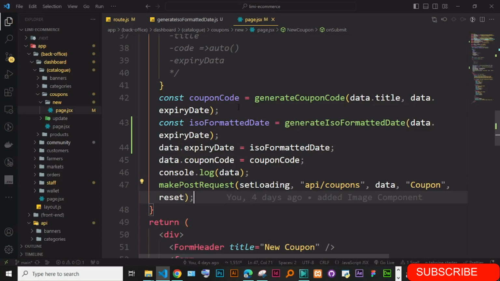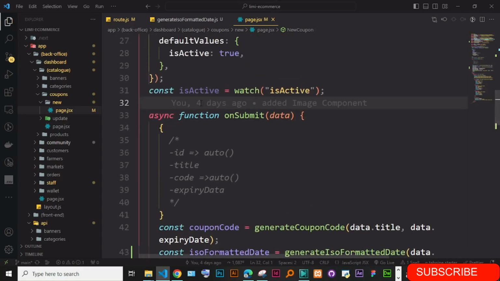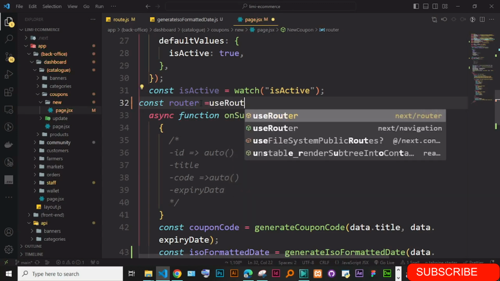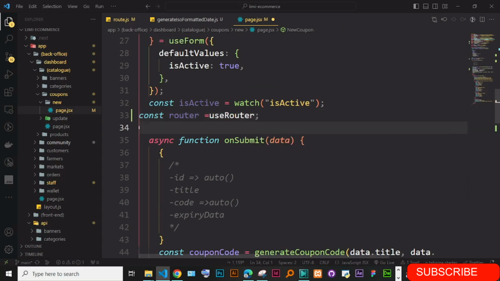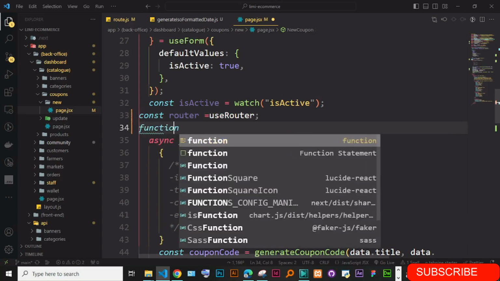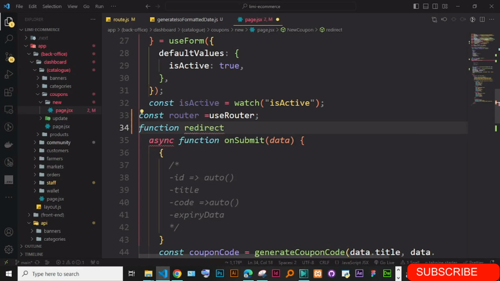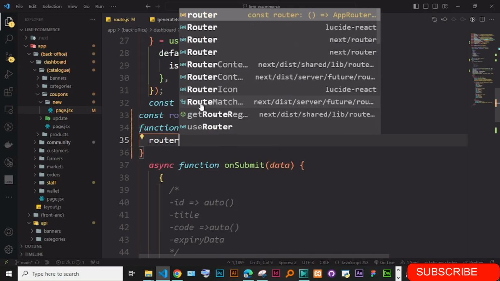So on top here, you could just say const router is equal to useRouter, and this is from next/navigation. Okay, and then down here I'm just going to say function redirect. So function redirect is going to be, we can create this function which is going to be router.push,